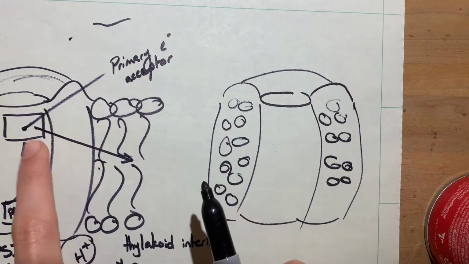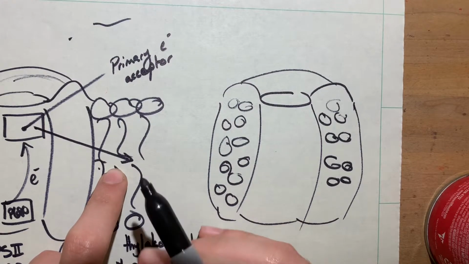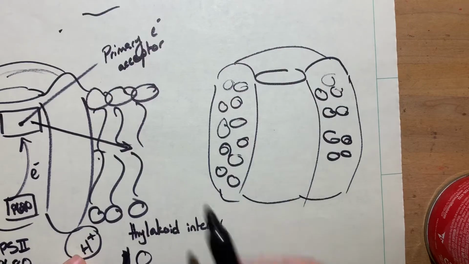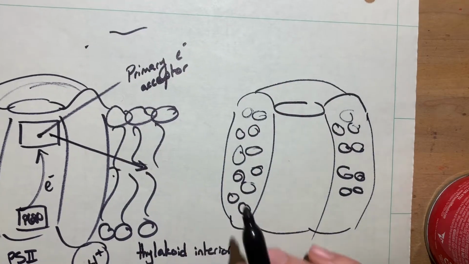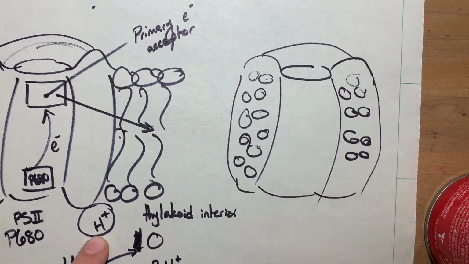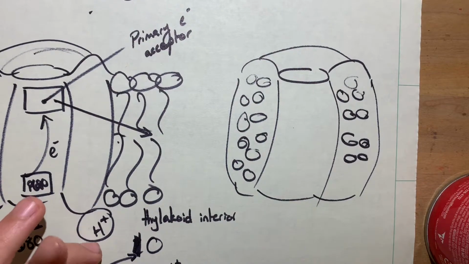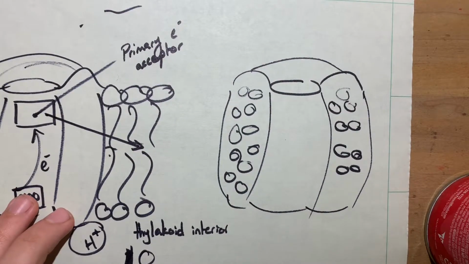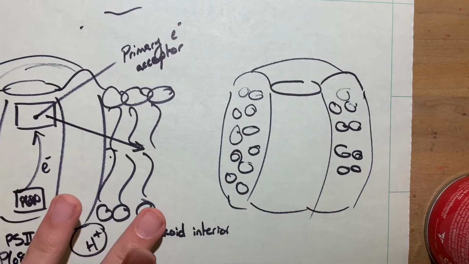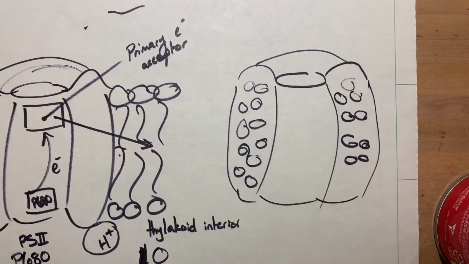And again, because it's going from excited to ground state due to the instability, it's releasing free energy. That's actually what gives us the energy to push these hydrogen ions into the thylakoid interior. And then this is actually helping build a proton gradient across this membrane, right? And so this membrane and this gradient is what we use to make ATP through chemiosmosis. Okay,